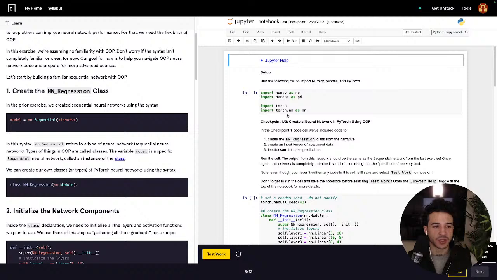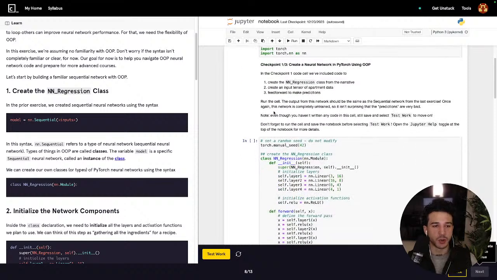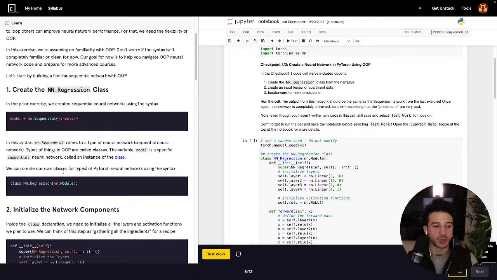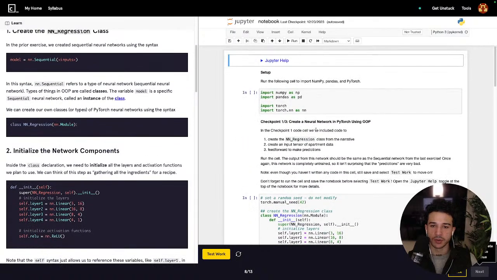In the prior exercise, we created sequential neural networks using this syntax: model equals NN.Sequential with the inputs. In the syntax, NN.Sequential refers to a type of neural network, a sequential neural network. Types of things in object-oriented programming are called classes. The variable model is a specific sequential neural network called an instance of the class. We can create our own classes or types of PyTorch neural networks using the syntax class NN_regression(nn.Module). So coming in here,